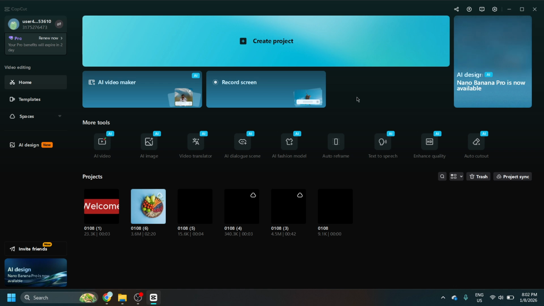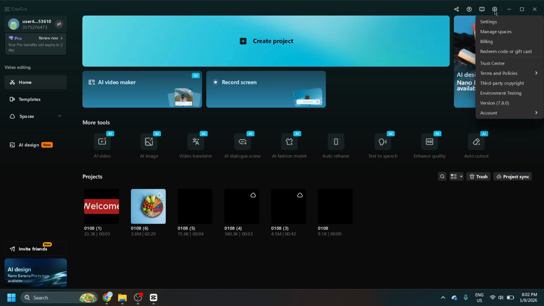Next, head to Settings. Look for the gear icon, typically in the top corner of the interface. If your window is small, the Settings option might be tucked under a menu, so expand the window or look for a three-dot menu. Clicking Settings opens a panel where you control how CapCut behaves and how your interface displays